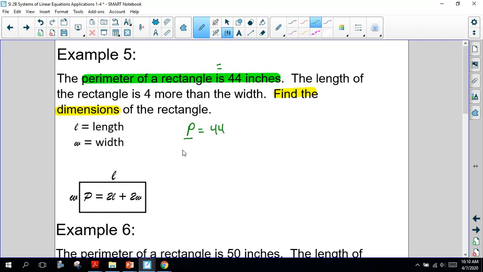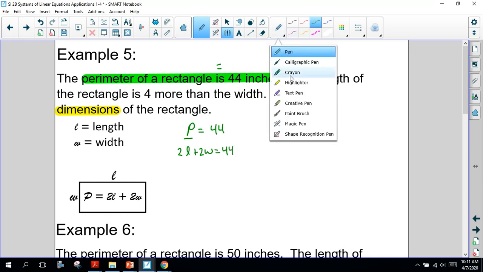So instead of having P here, I'm going to put in 2L plus 2W equals 44. So for the first sentence, the equation I can use, with length and width in it, would be 2L plus 2W equals 44, or the perimeter equals 44. Second sentence, second equation,